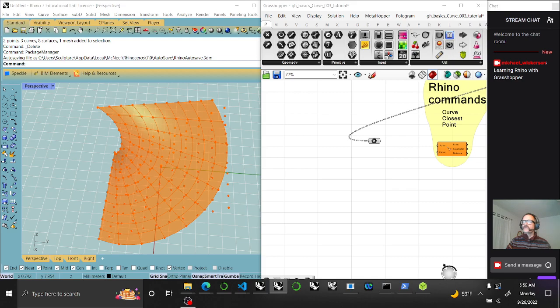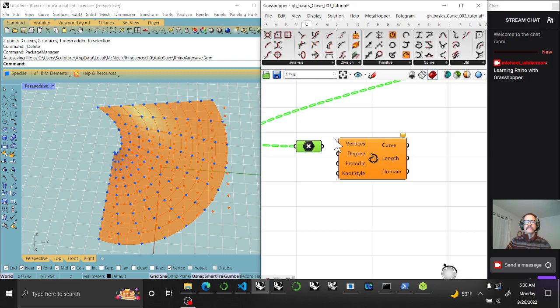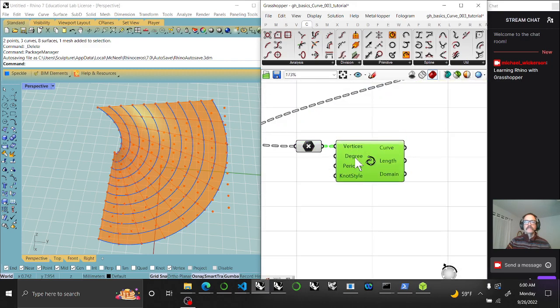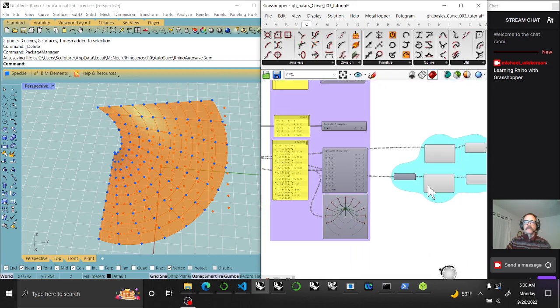Now, the curves that were coming in, this is actually the point that was coming out of this geometry. And we want to turn that into curves. So these points we actually want to turn into curves the same way we did before. Curve menu, interpolated. Let's plug in the vertices, and we should have those curves going in the directions that we want. Now, that's not the direction we want,